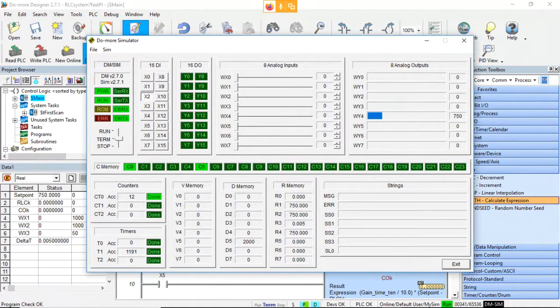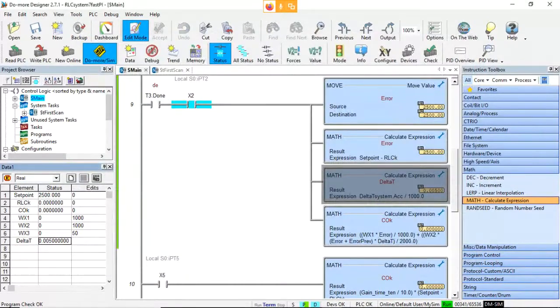So that delta t is correct, because it needs to be in seconds, and that is in seconds. Okay. Because if we look at the delta t